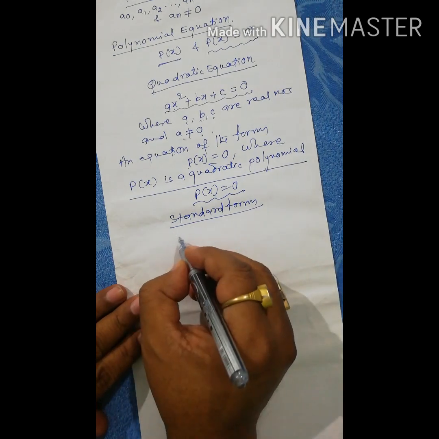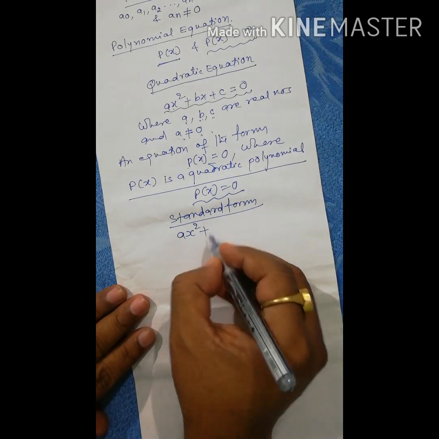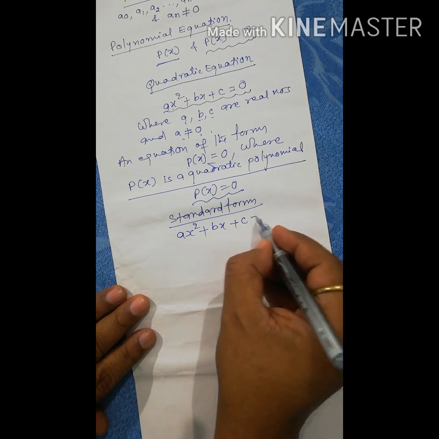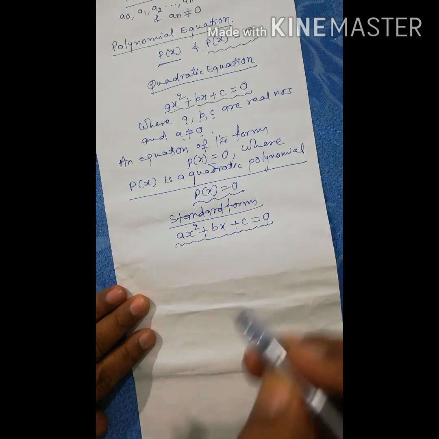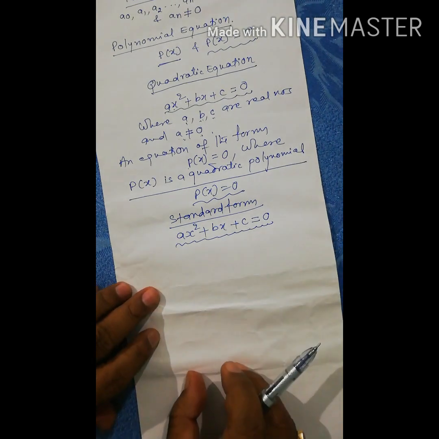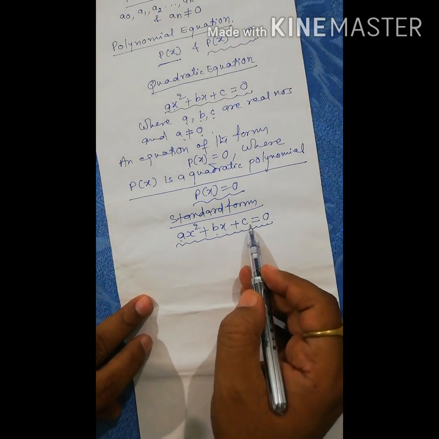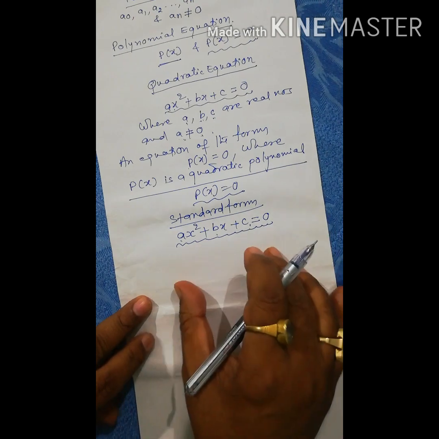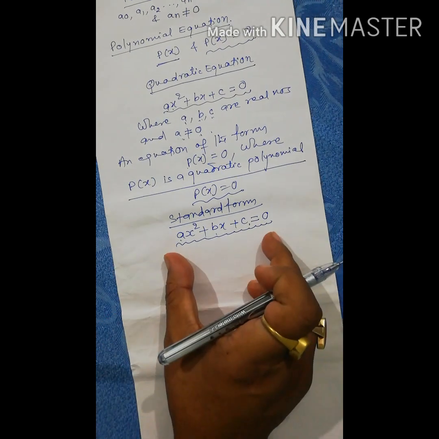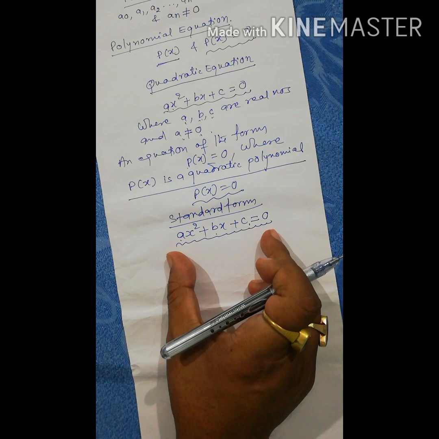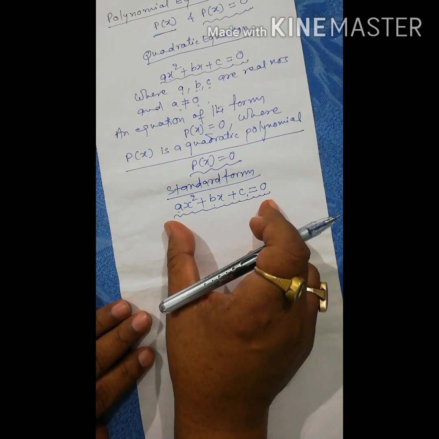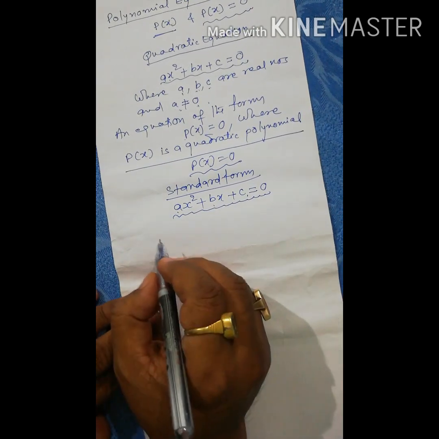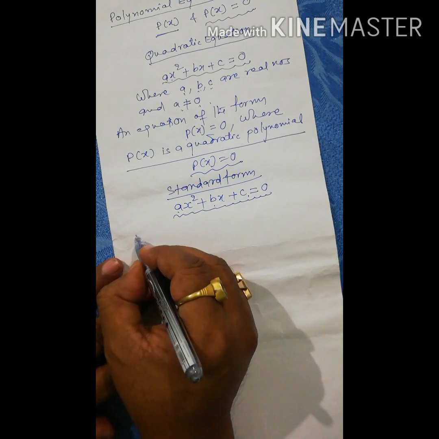That is ax² + bx + c = 0. We will compare any quadratic equation with this standard form. Here a, b, c are real numbers and a is not equal to 0. Now we discuss two very important things, that is